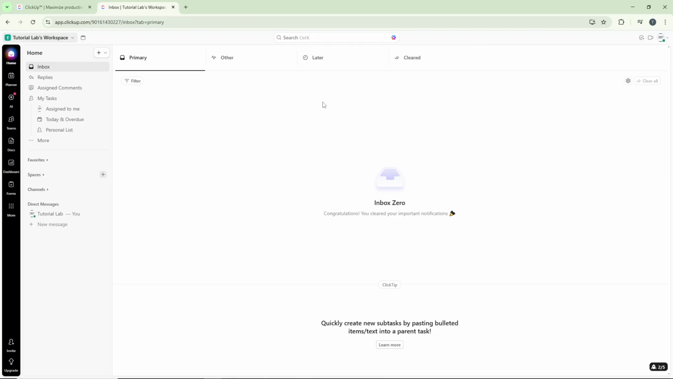From here, direct your attention to the left side panel where you'll see various navigation options. Click on Spaces. This will display all the different spaces you've created or have access to within your ClickUp workspace. Spaces are essentially the highest level of organization in ClickUp, so you'll need to drill down from here to find